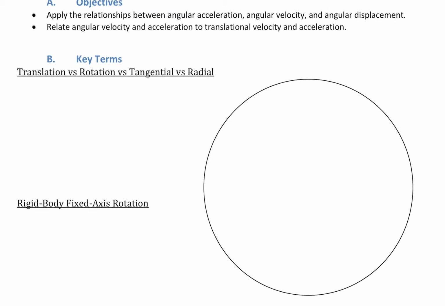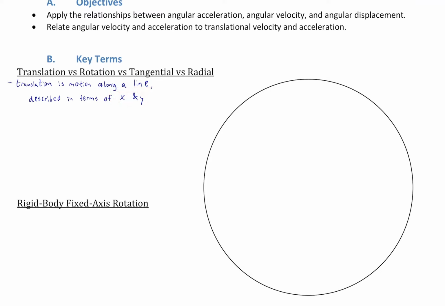So, key terms. First we want to define something so important. What's the difference between translation and rotation? And on that note, what's the difference between tangential and radial? Because these are terms we're going to throw around a lot, but what do they mean? Translation is motion along a line. It is described in terms of x and y. And it doesn't have to be a straight line. It just has to be along a line. So a curved path, as long as we're describing it in terms of x and y, is still